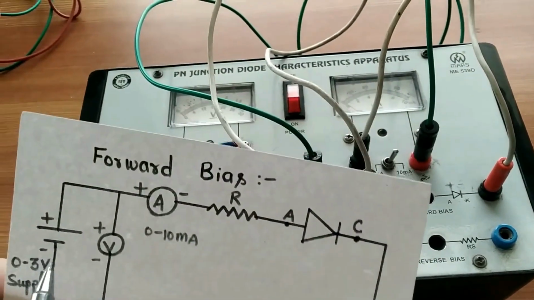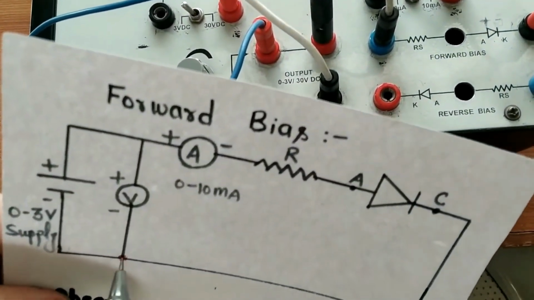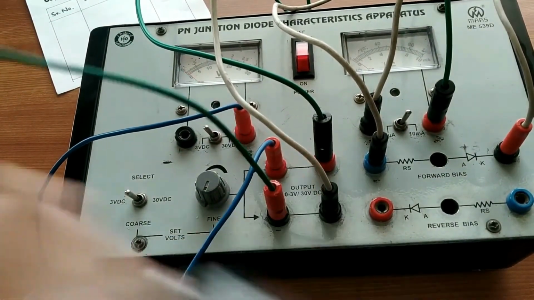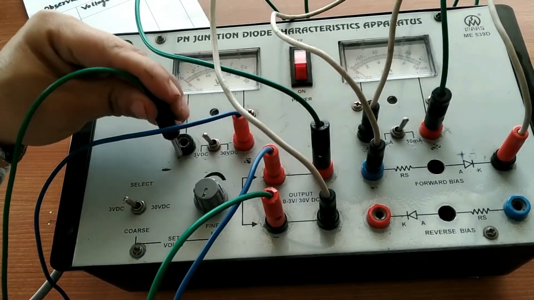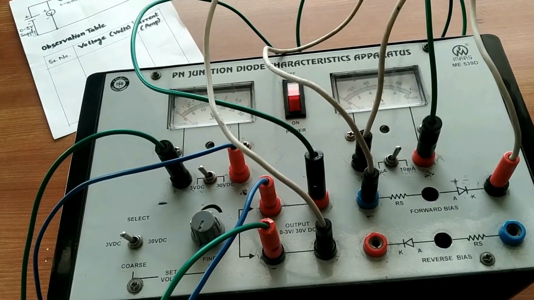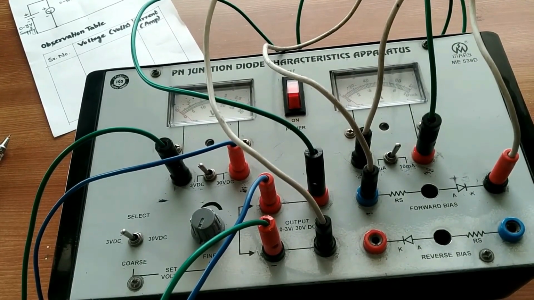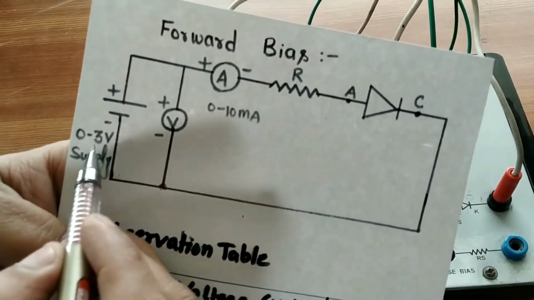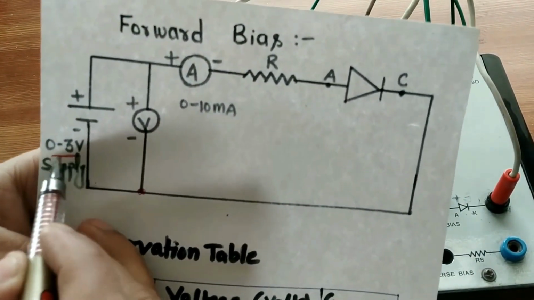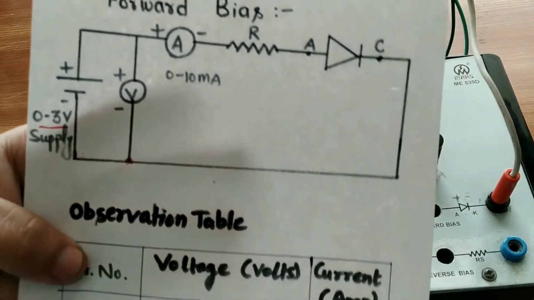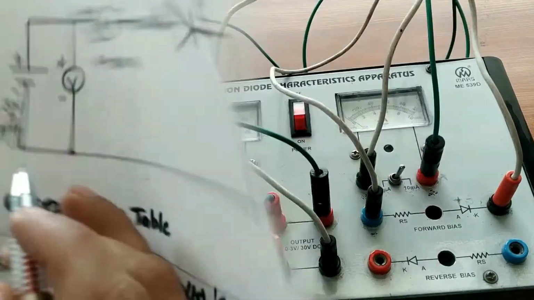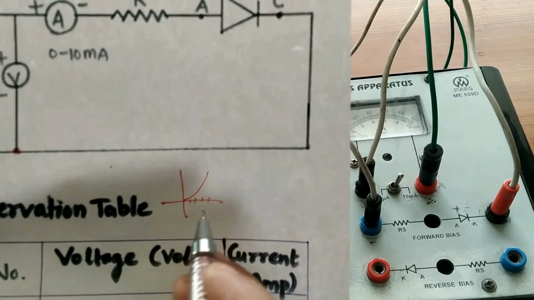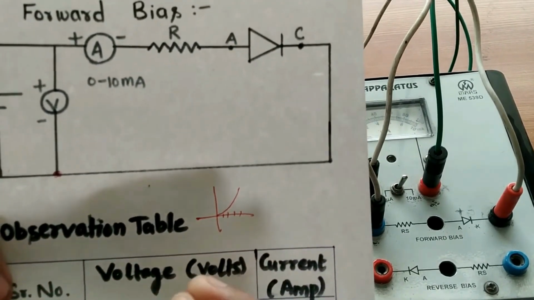Now you can see that the voltmeter is also being connected to the negative part of the battery. So we will take another wire and connect it here. Now what you have to see is that when operating a diode in a forward bias condition, we have to select the range of the forward bias as 0 to 3 volt, because as we have drawn the characteristic, we get a curve like this. Here we are increasing the voltage from 0.2, 0.3, 0.4, 0.5.